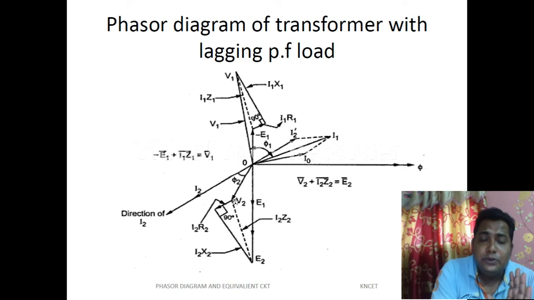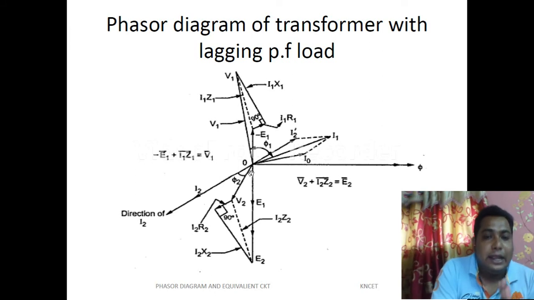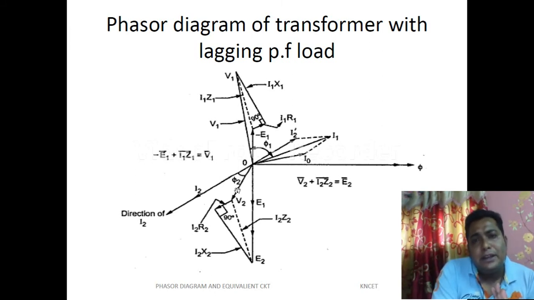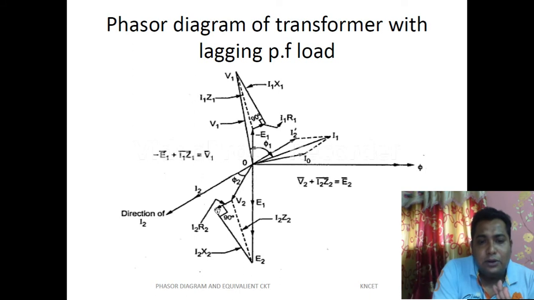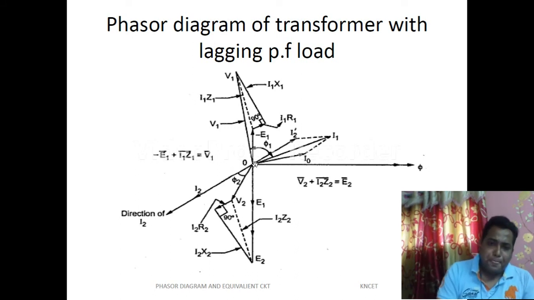No longer is this V2 on the same axis as I2. It is shifted by an angle phi 2. This phi 2 is the load angle. And again, we have maintained the same procedure to draw. Over the V2 we have drawn the I2 R2 parallel to this I2 line. Then we have drawn the I2 X2 leading by an angle of 90-degree from this I2 axis. The primary side will remain the same. With this I1 axis we have drawn I1 R1 parallel, and I1 X1 shifted 90-degree leading, and this V1 is joining to the center of the phasor diagram.